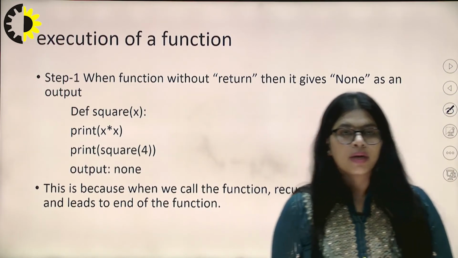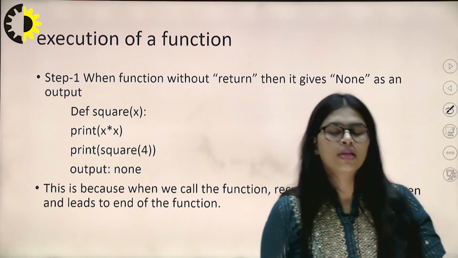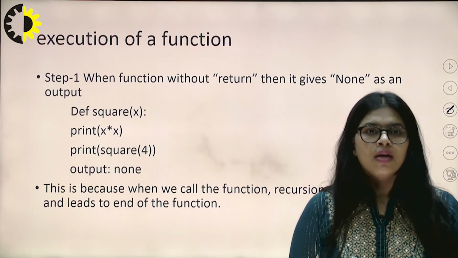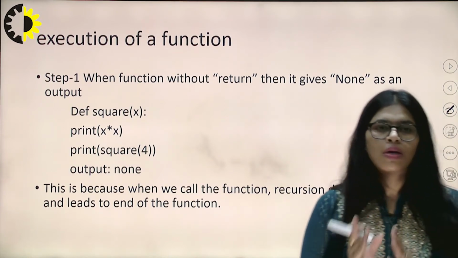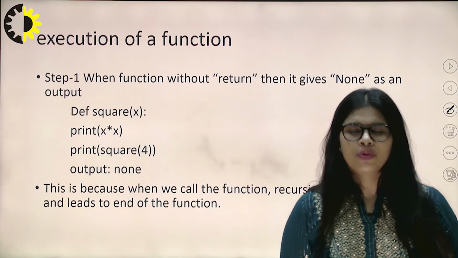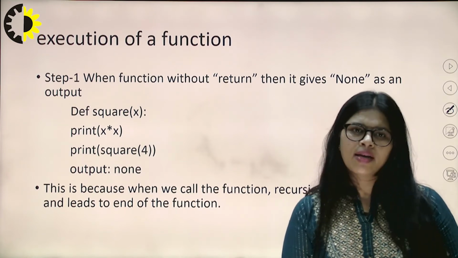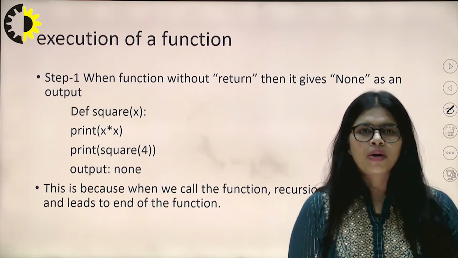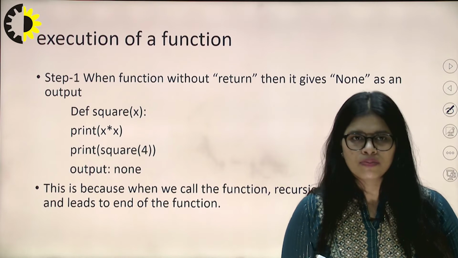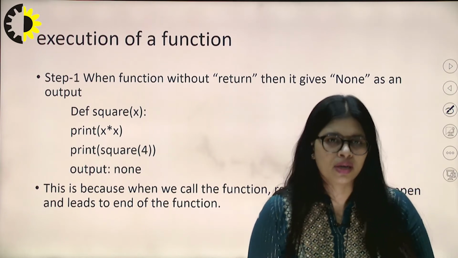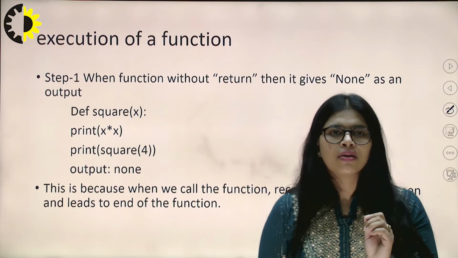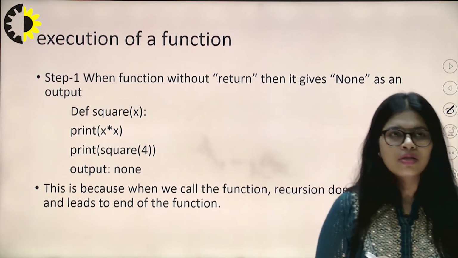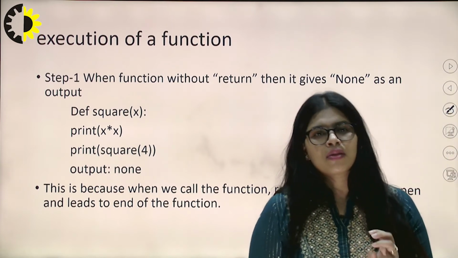The most important topic after defining a function is the execution of a function, or we can say the return of a function. We have to define a function, we have to create a function. After defining and creating it, or after initializing the body of the function, we basically want a value, meaning what kind of value the function can return. The meaning of return is to return any kind of value that the function uses. So execution of a function includes 3 steps.